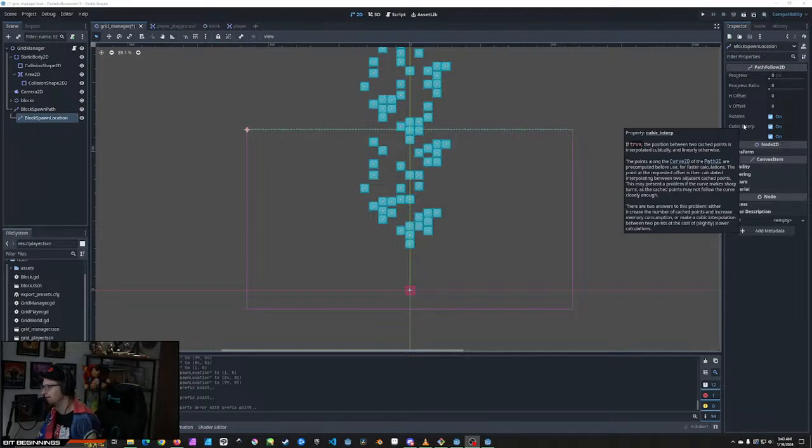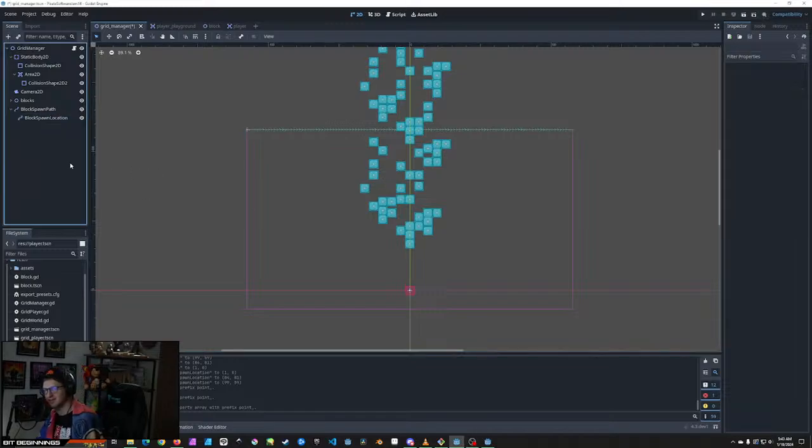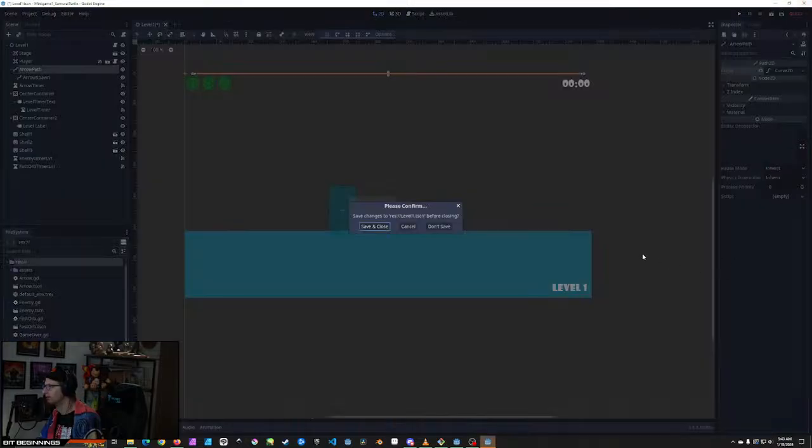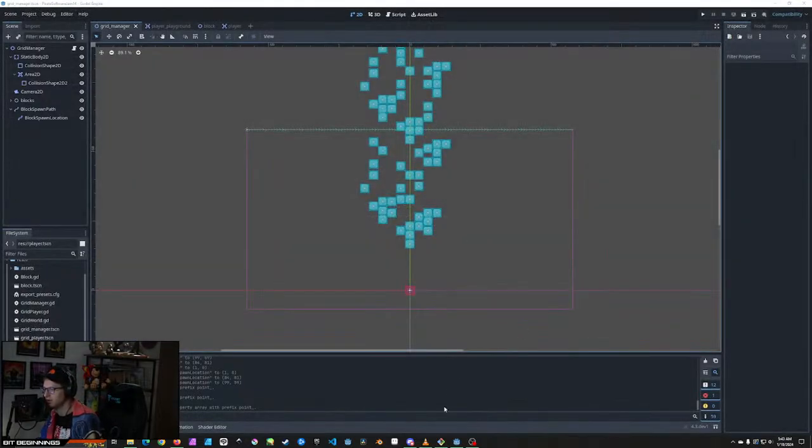I wonder. Well, I think that's a good start, at least. Block spawn path, block spawn location. So now, I'll just get rid of this Godot. Don't need it. And now we've got our